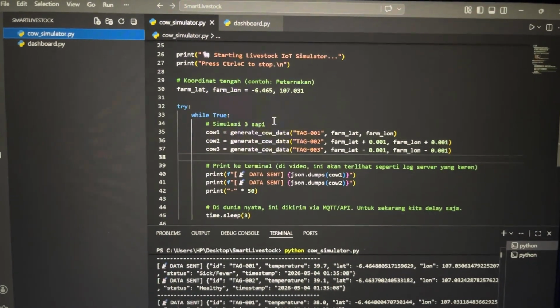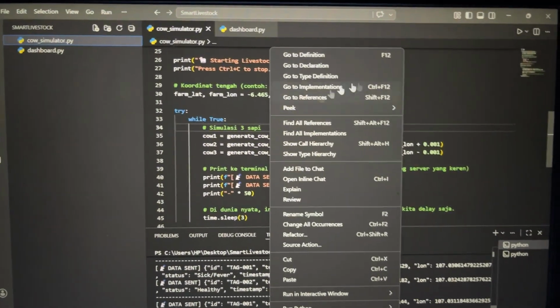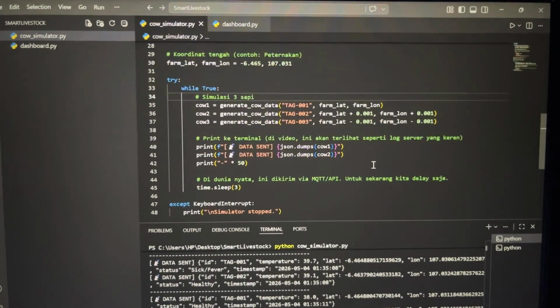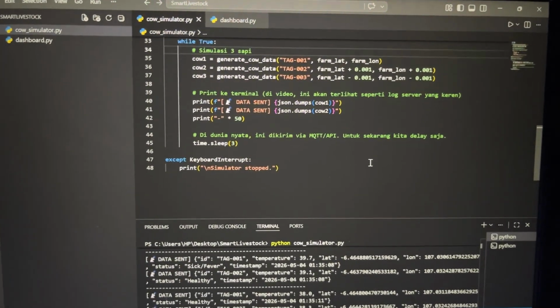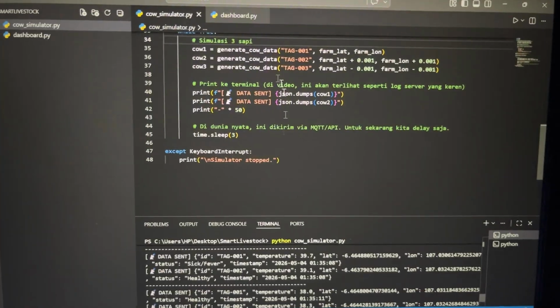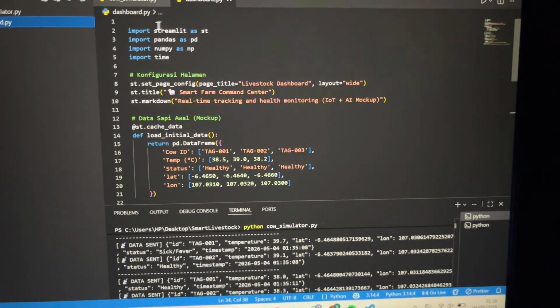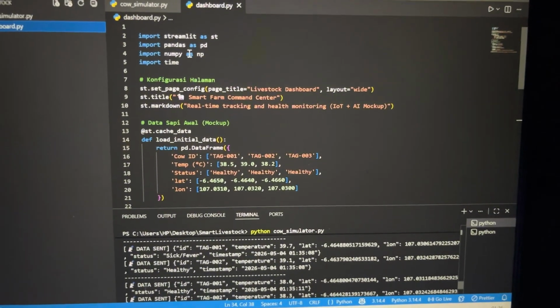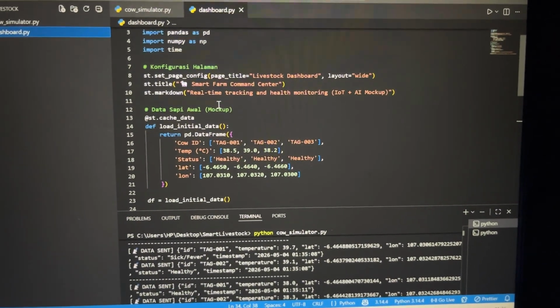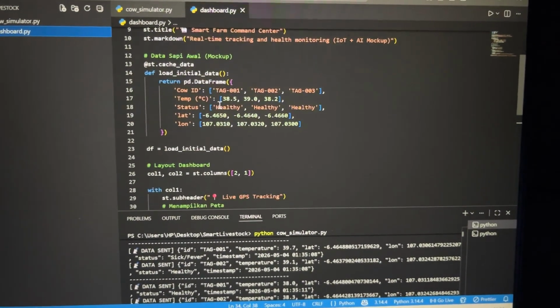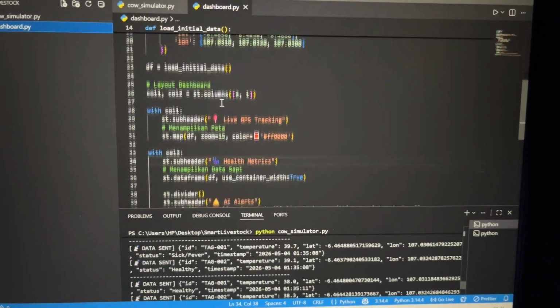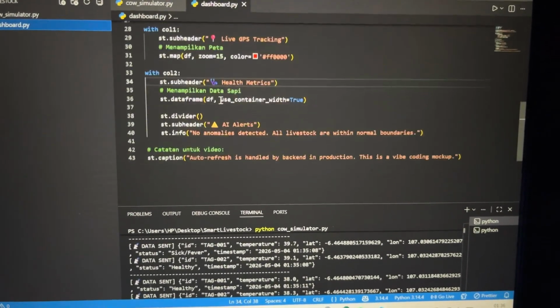Building the hardware simulator. Right, the first thing we need is our data source. Since we don't have a physical IoT AirTag, we are going to write a Python script to act as hardware. I created a file called cow_simulator.py. What this script does is actually pretty straightforward.